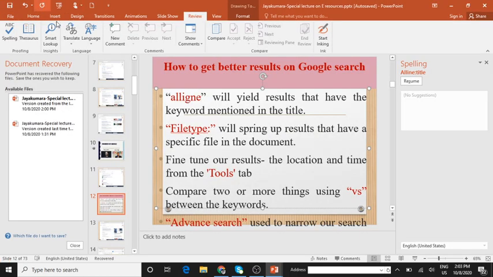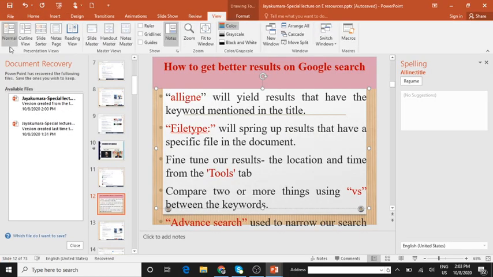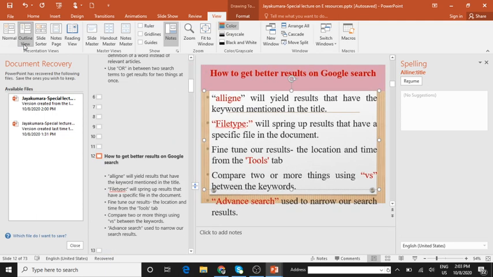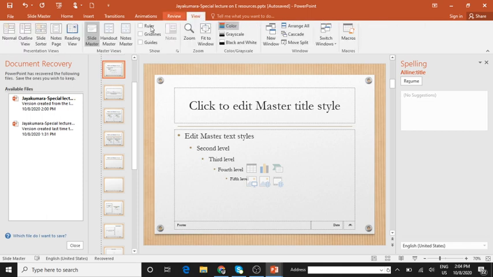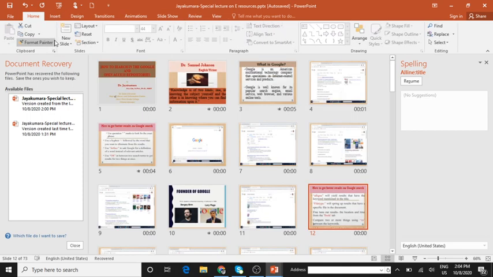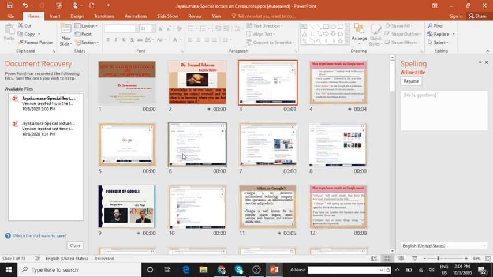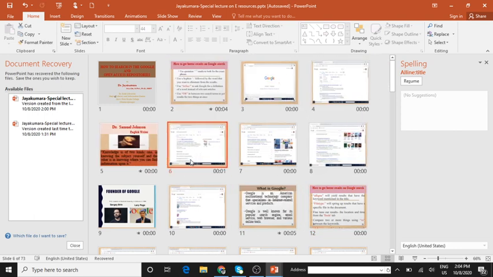Then view, it's a normal view, outline view. See, this is the outline view or the slide master view. Got it? Then you have slide sorter view, wherein you can do the transitions, you can check, you can move the slides from one place to another.